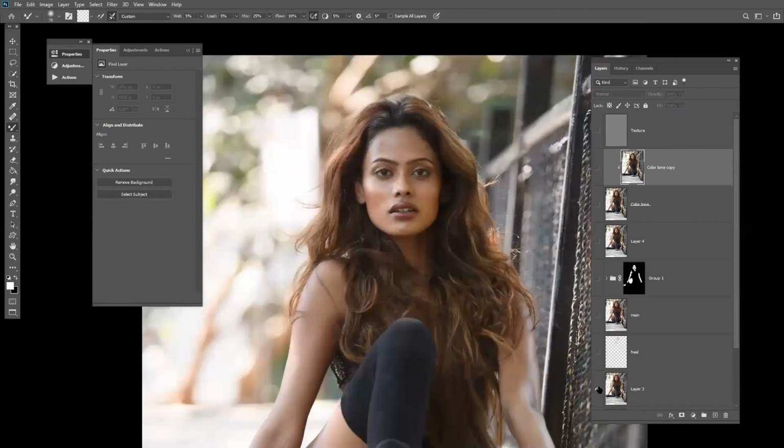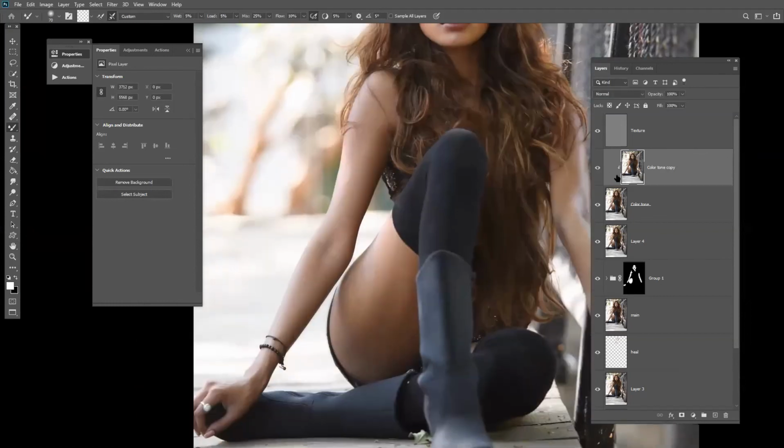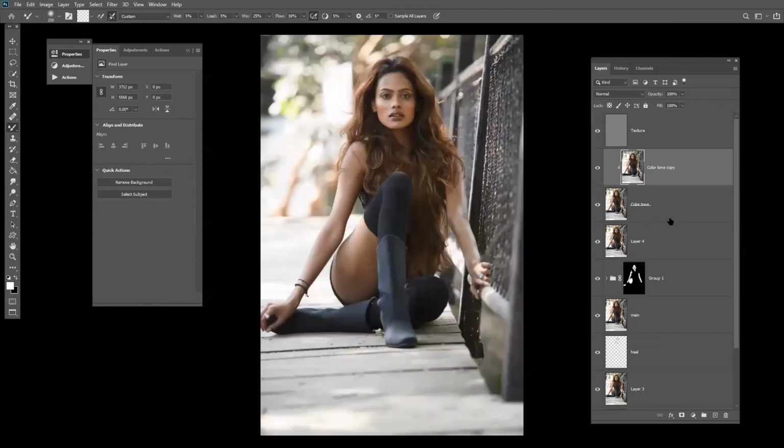Yes. Now we can easily, down here also we can do a little merging. So this is a quick way we can do the retouching.